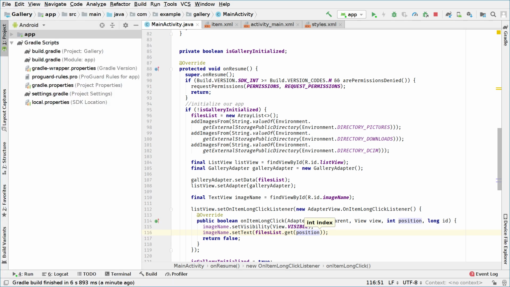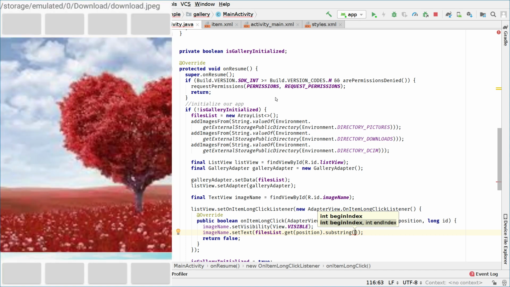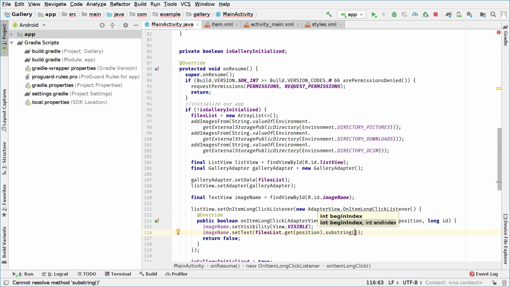Okay, so how will we get rid of them? Instead of setting text to the whole thing, we will set it to a substring, and the substring will start in a place in which we want it to start. So it will start right here. Okay, so how do we know that? We will have to get rid of the other stuff. So first we will get the directory, kind of the pure directory, and we will clear everything else. Okay, so the thing we want to do, if we want to just show the file name,